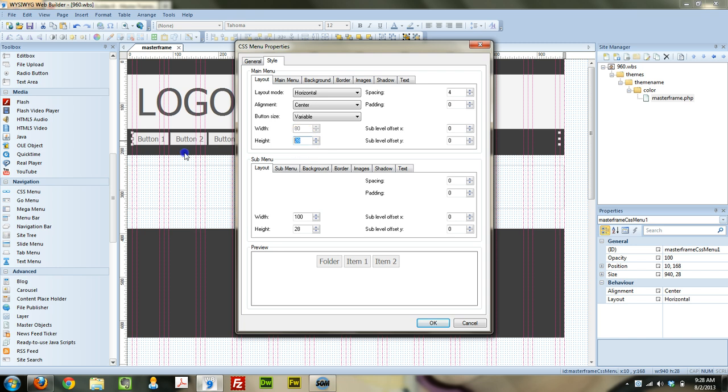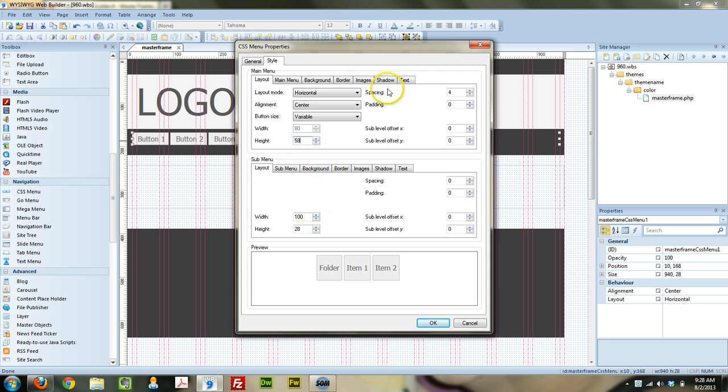The width can change. The height you can set, which we're going to do. So what I want to do is set this to variable, and I want to set the height to 58 pixels. Remember, we had 60 pixels on our layer, so I want to make sure that this fits in the layer. So I'm going to give 1 pixel of a border, kind of almost 1 pixel padding around it, so that way I know it's inside